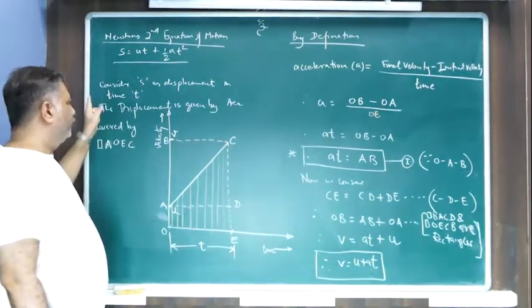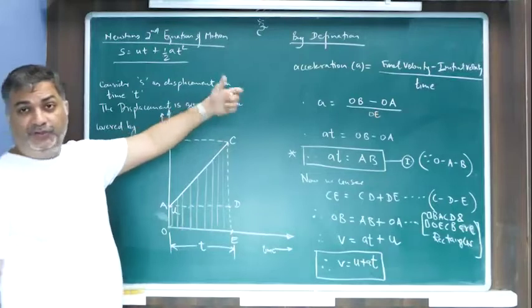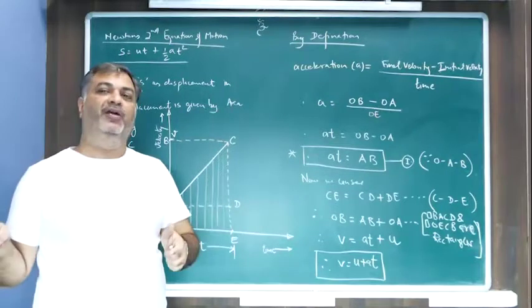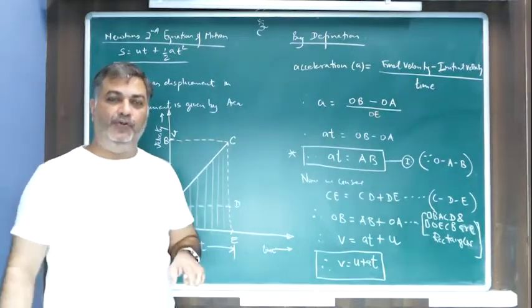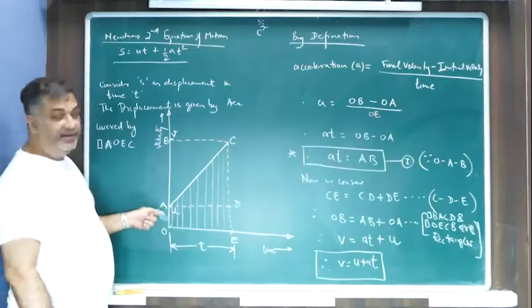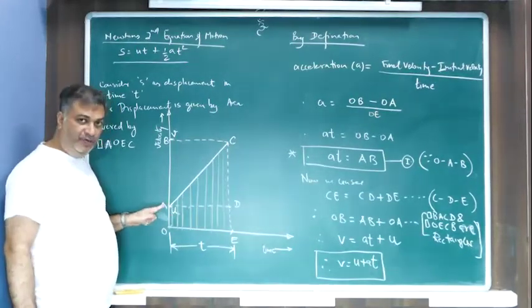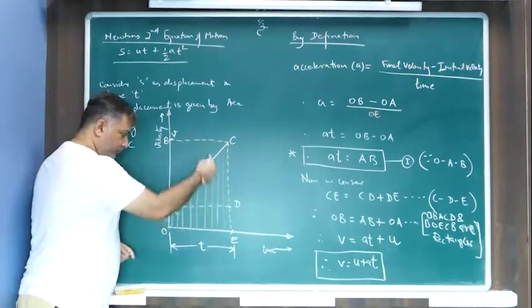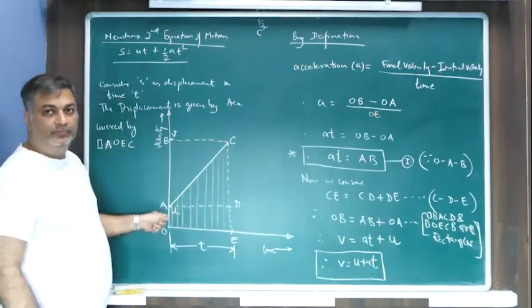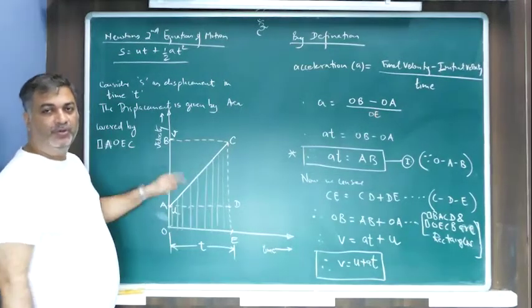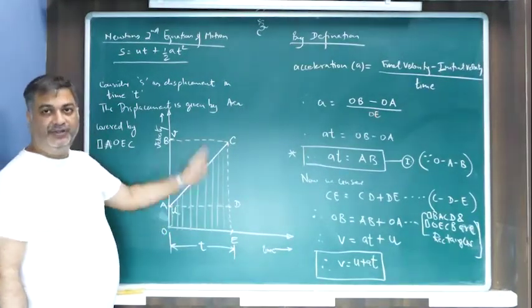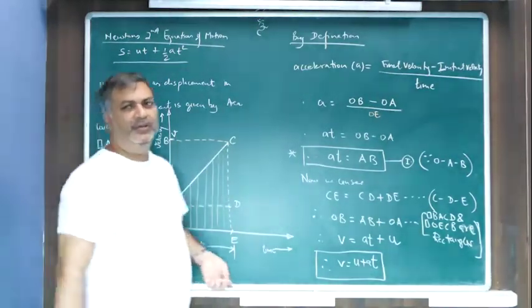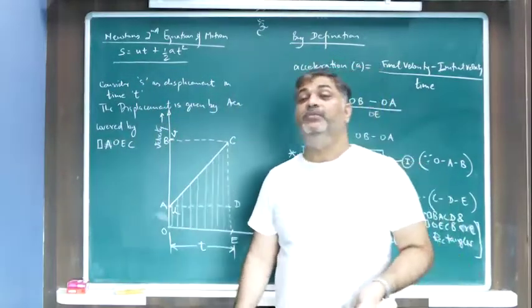I told you a few minutes back that logically, how do you find displacement in a velocity-time graph? By finding the area swept by that body. Correct? So how much is the area swept by this body? It started from A, it went up to C. What is the area from A to C? The vertical lines I have shown by shading here show you the area covered under this. What shape is it? Can anyone tell me? It's a trapezium shape, right?